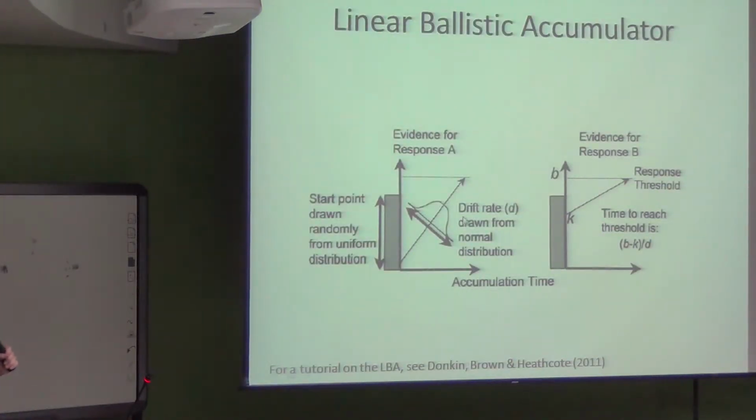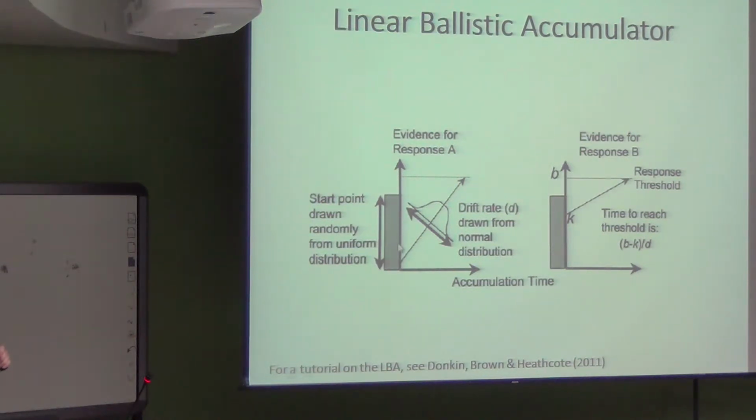And that's going to give us the rate at which we approach our threshold for responding A. Of course, we've got two decisions, so we're going to simplify things a lot and say that our rate of approaching response threshold B is just 1 minus this probability. So this would be the amount of area in that normal distribution which falls into the B region.